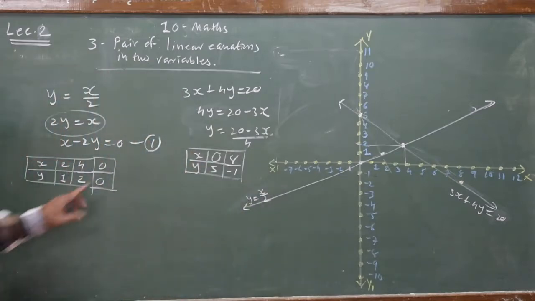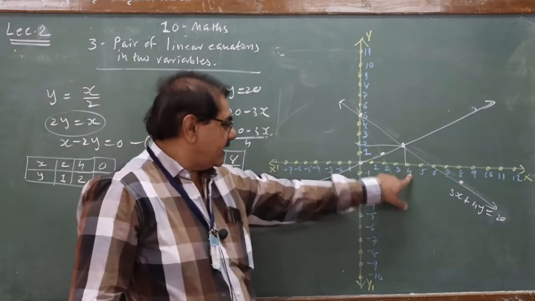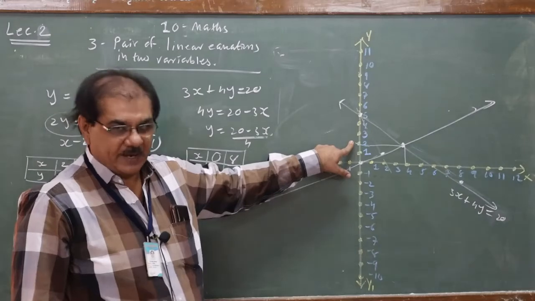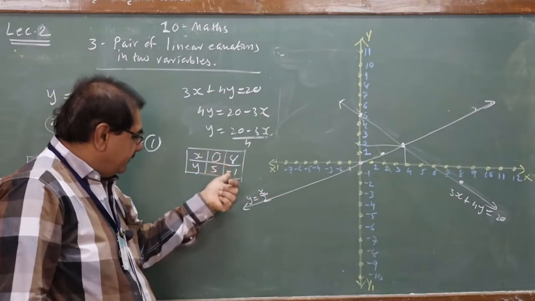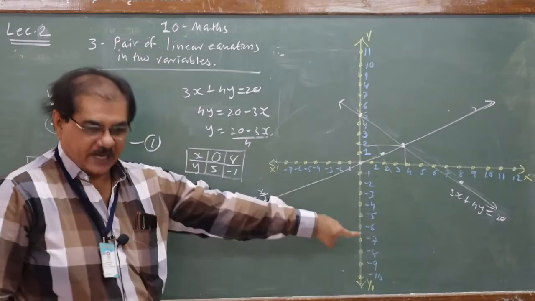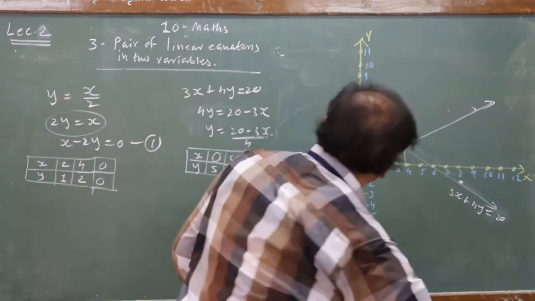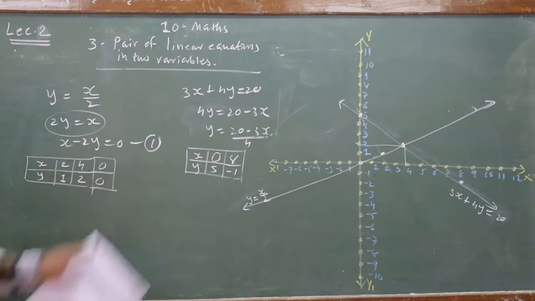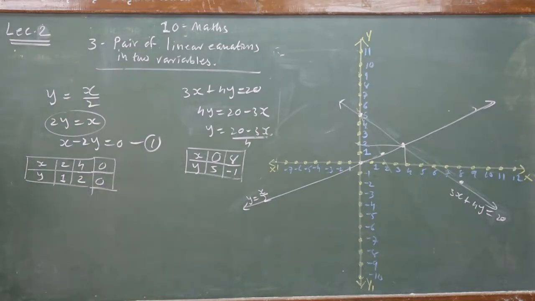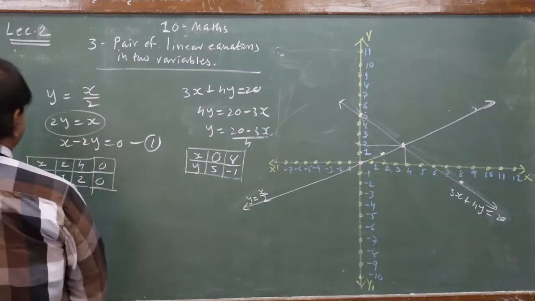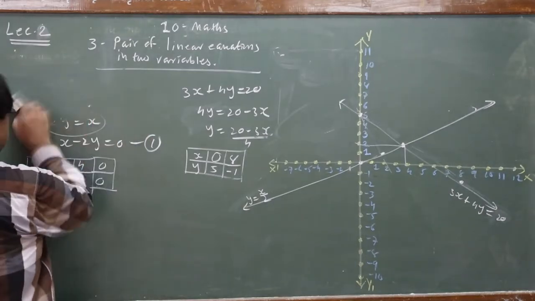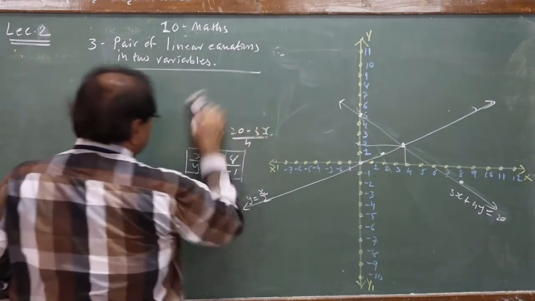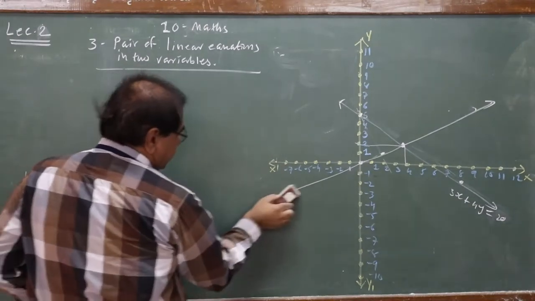You remember the answer? She took 4 rides on the giant wheel and 2 times she played hoopla. Okay? In the last period, I committed a mistake in plotting this point. It is corrected here. So it is the first example in which the lines are intersecting. Please remember this, that the lines are intersecting. Now we take the second example. It is also given in your textbook.